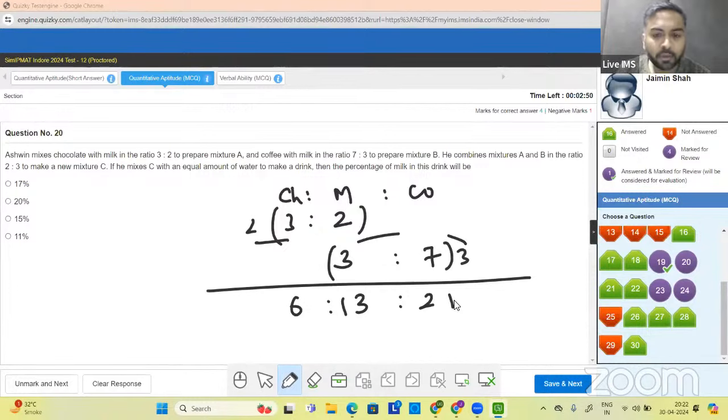Percentage of milk in the drink will be. बराबर है, ठीक है। सो कितना हो गया ये? 6 and 13, 21, 21 and 20 is 40. So he adds another 40 water. Now percentage of milk will be 13/80. Correct? ऑप्शन में नहीं है।